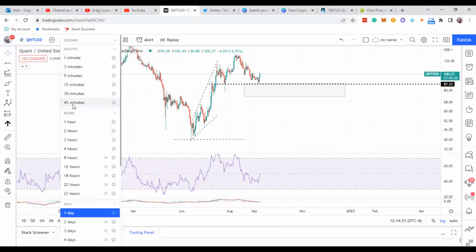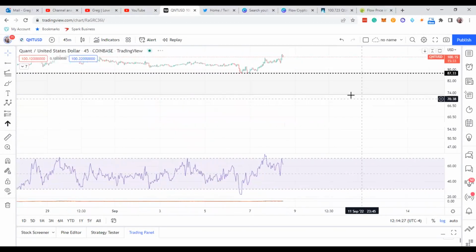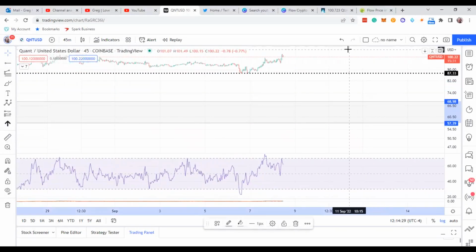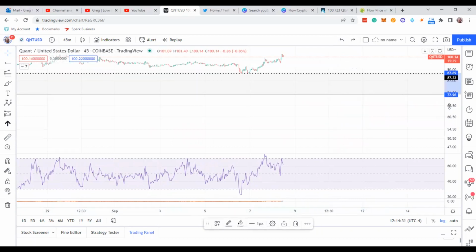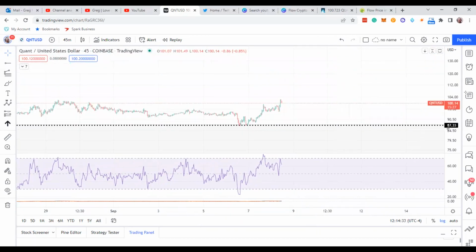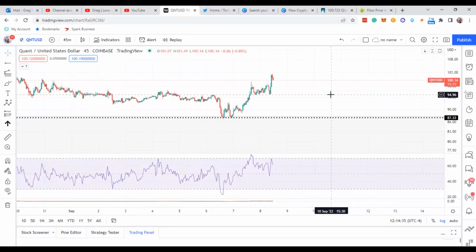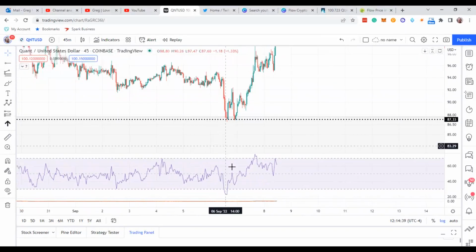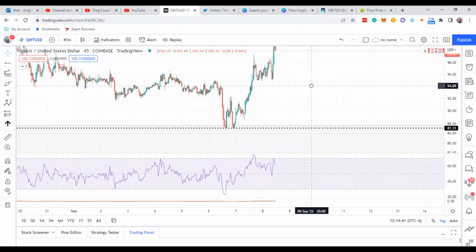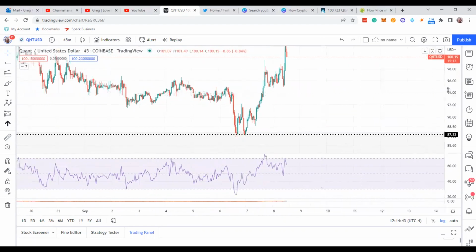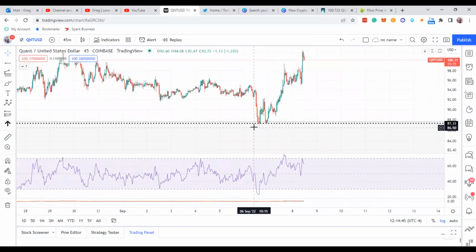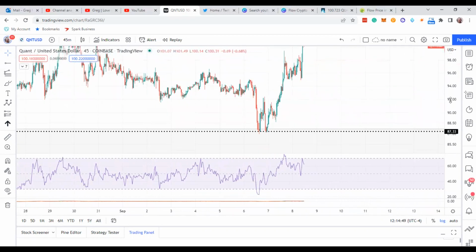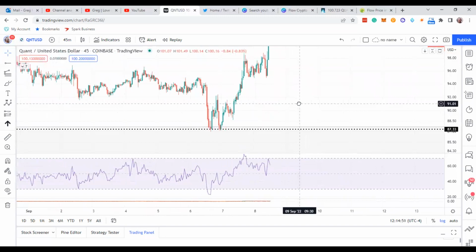Let's take a look at the whole wave sequence of what Quant is doing right now in the chart on a 45-minute chart. And let's take a look. Did it break that low? It didn't break that low there. So yeah, that's an impulsive move right there for Quant, guys. So you can see, look how deep that wave 2 is. You see how deep that wave 2 is? If that is a wave 2, it might not be.